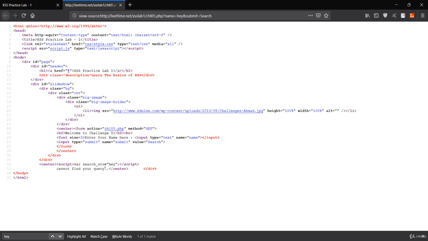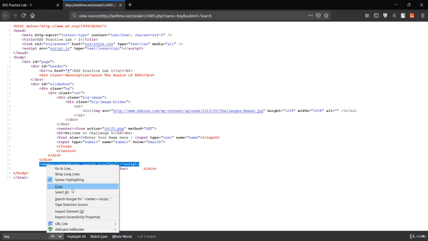So you could see we have a little bit of change here. We are now inside this script and it is reflected in a variable of the JavaScript, so that is strange.